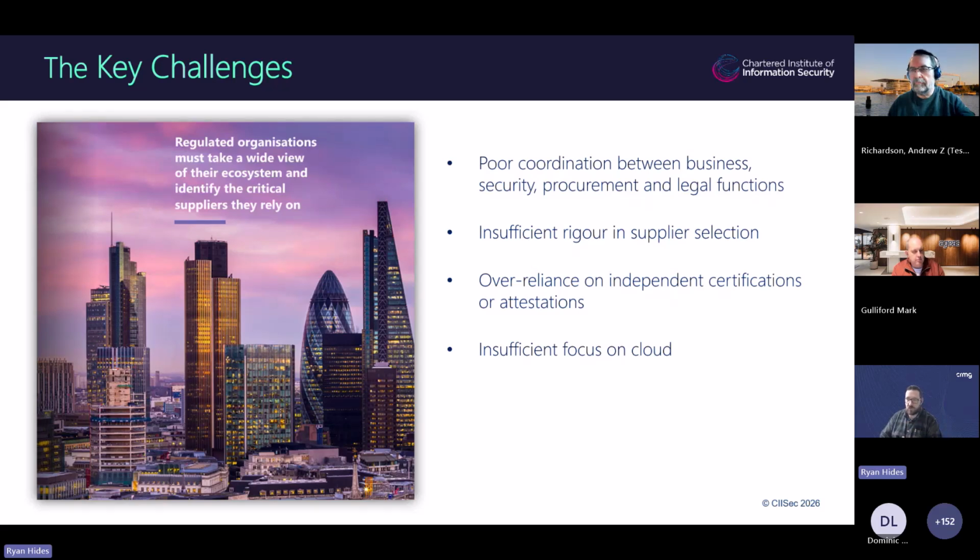The lower risk ones you can come to at a later date or as and when you get more resource, but introducing that tiering system, essentially that risk-based approach, I would suggest 3 tiers at least. So your tier 1, you will be looking at on a more regular basis because they're more critical to the business. You might assess them once a year, for example. You capture more evidence, so you're using the resource that you've got to focus on the most important suppliers to you.